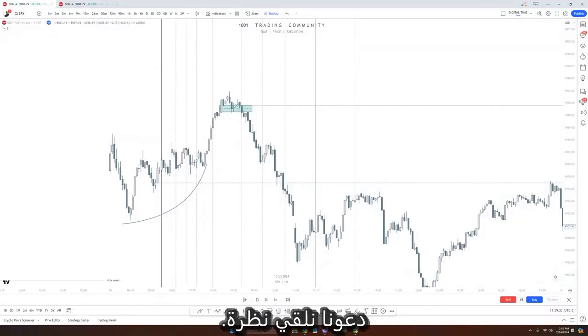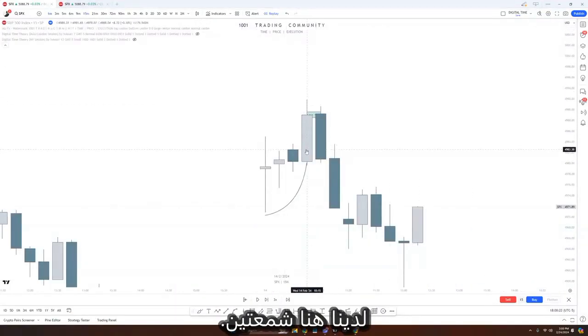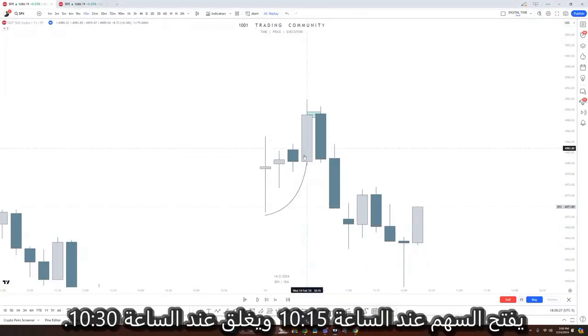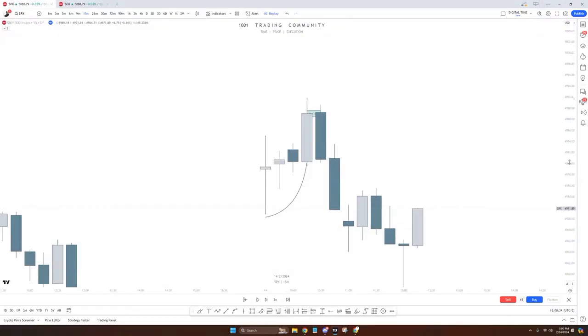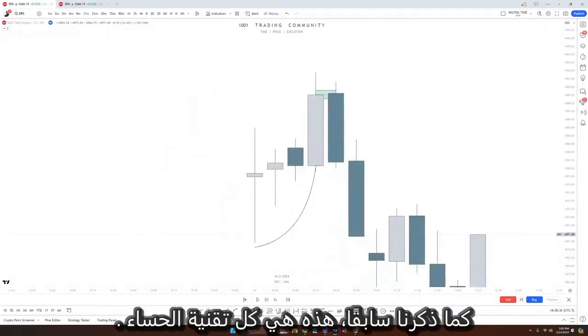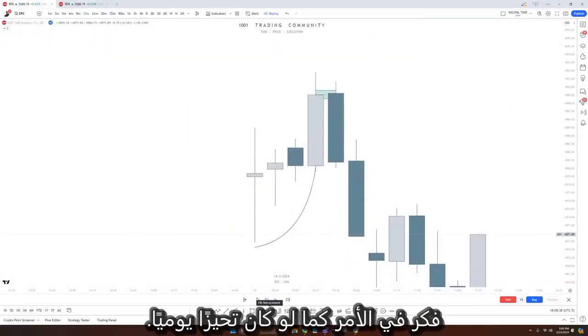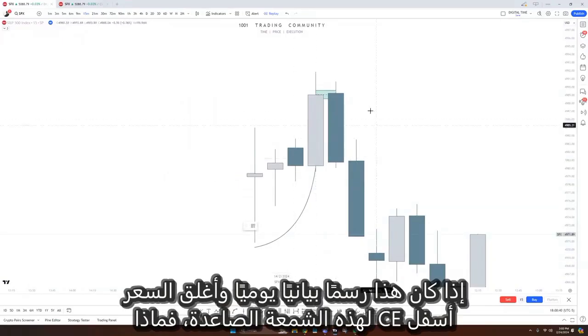Let's take a look. Here we have two candles. This one opens at 10:15 and closes at 10:30. This one opens at 10:30 and closes at 10:45. But as we mentioned, this is a turtle soup technique. Think of it like daily bias. If this was a daily chart and price closed below the CE